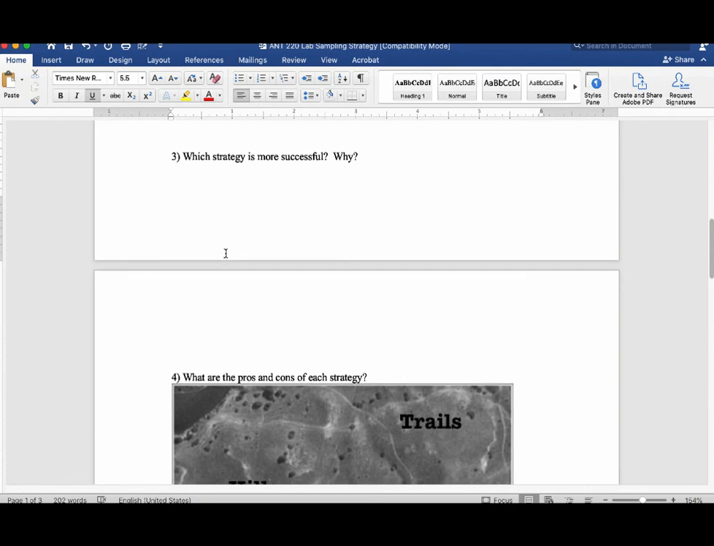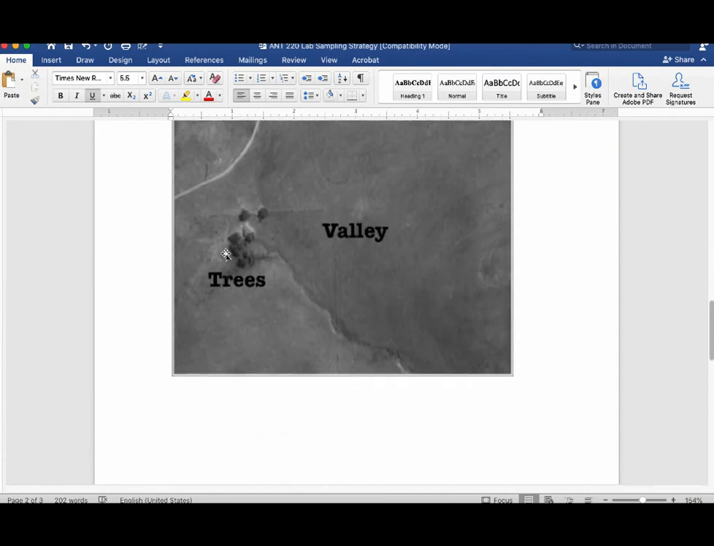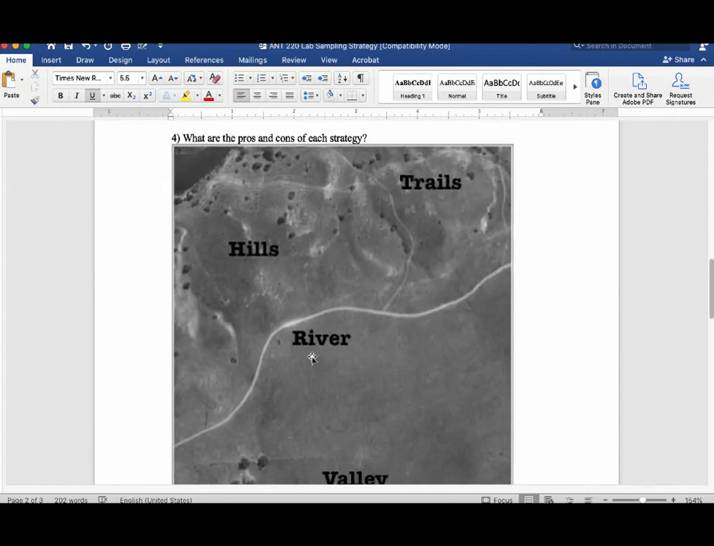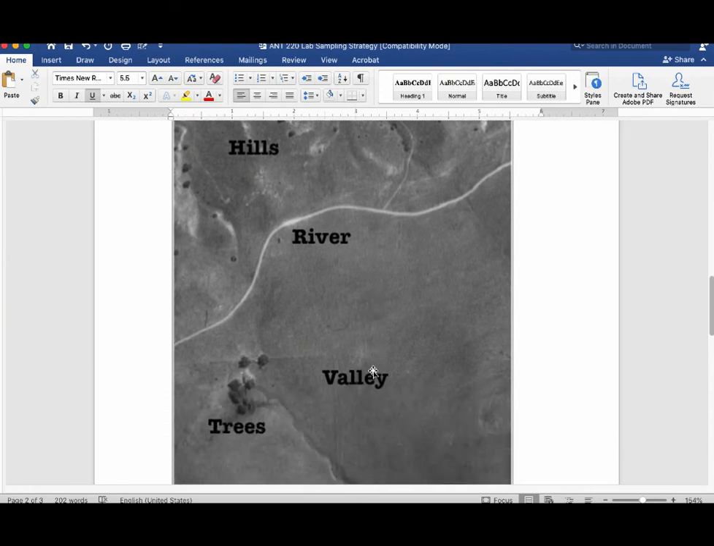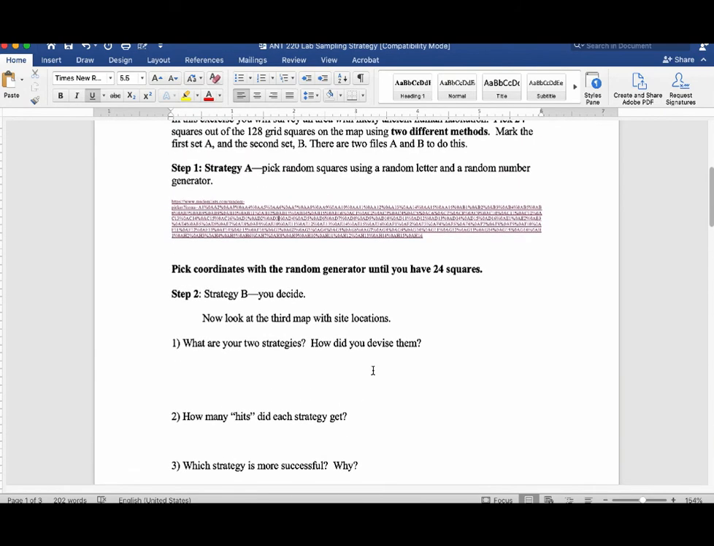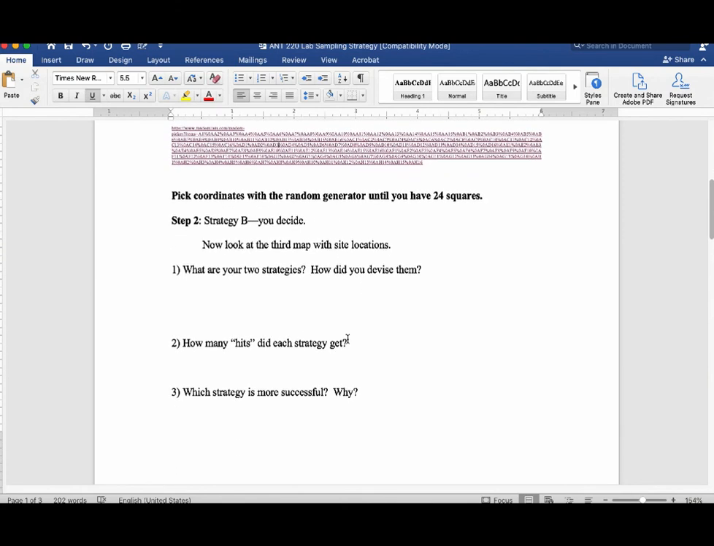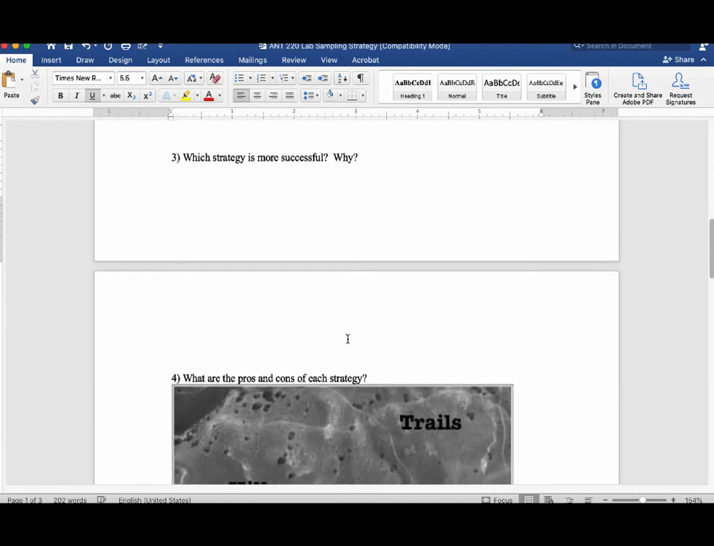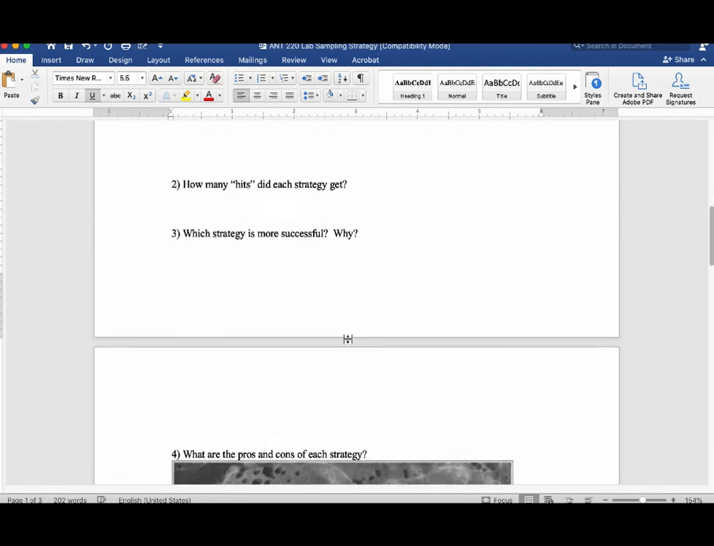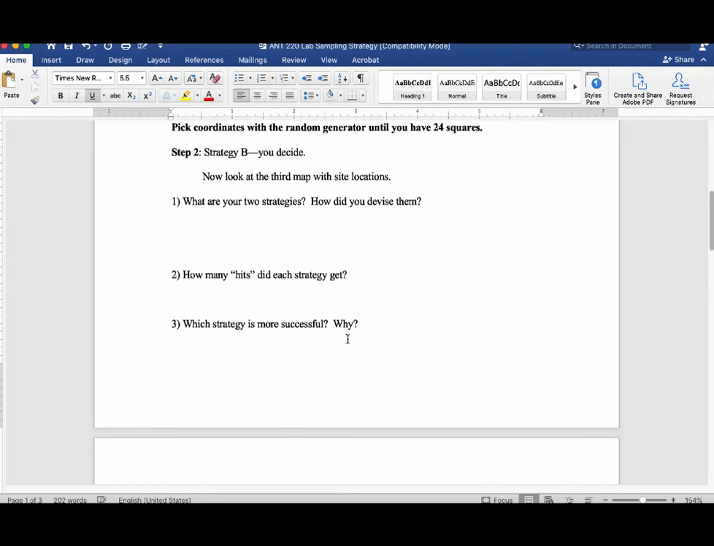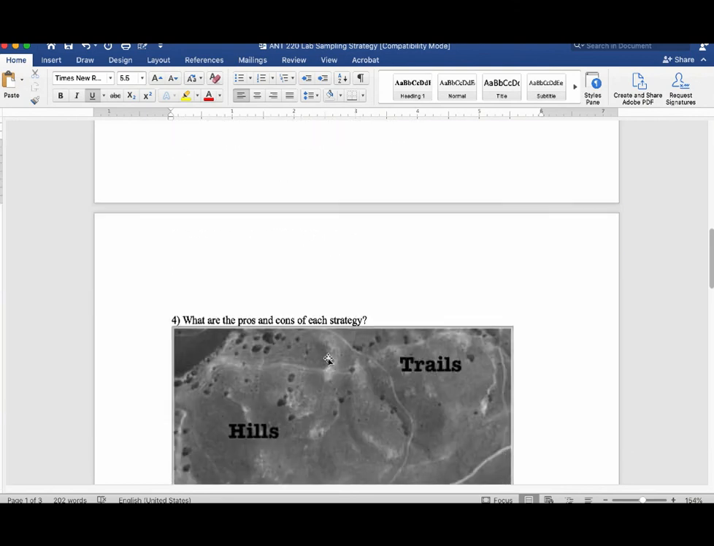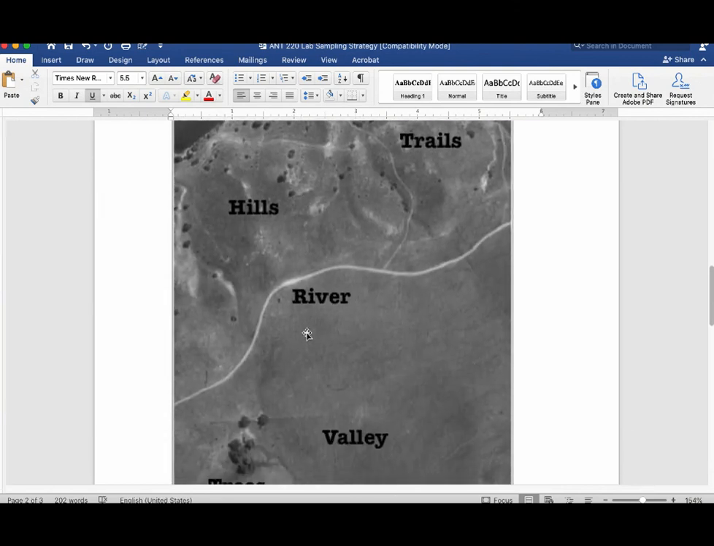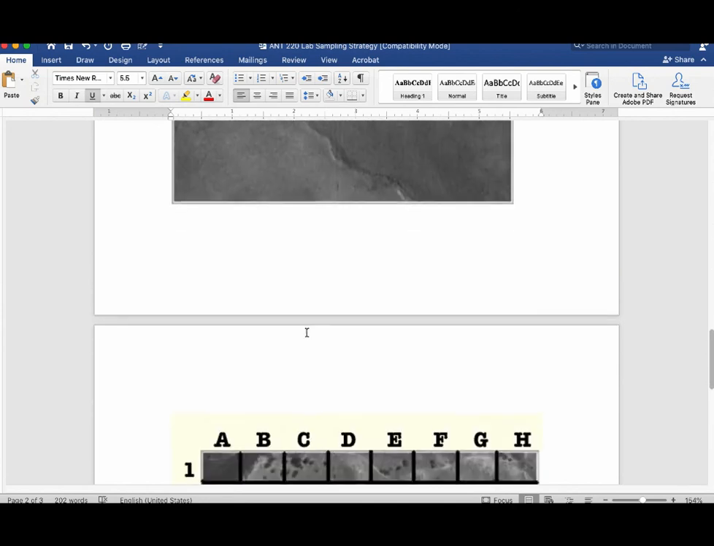And then there's a third map that shows where archaeological sites are located in this hypothetical example. You're going to count how many actual hits you got with the A strategy and how many hits you got with the B strategy, and figure out which, quote unquote, works better. And then you're going to think about what the pros and cons of each strategy are, and answer that briefly with the fourth question. And then on Monday,